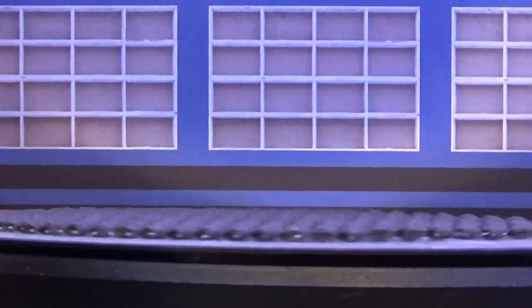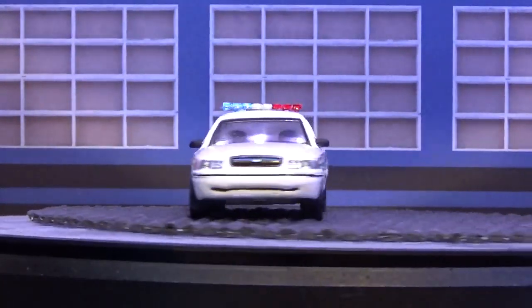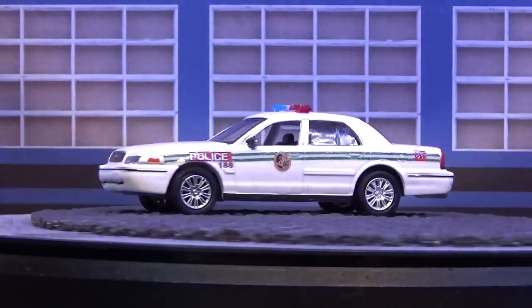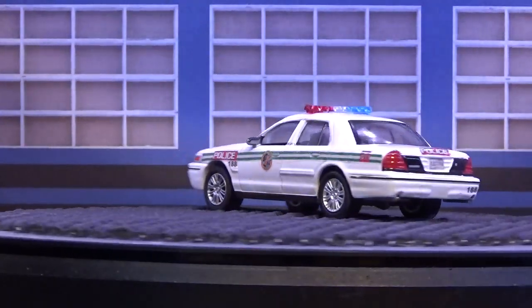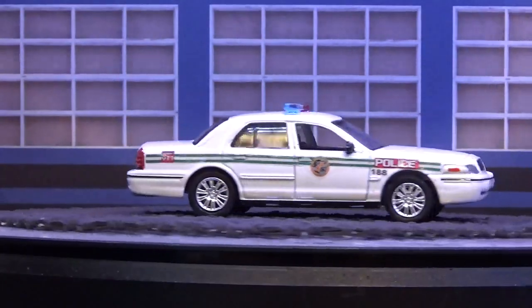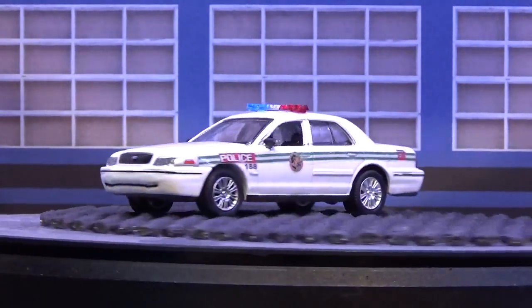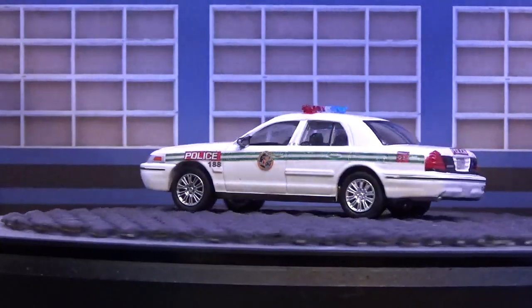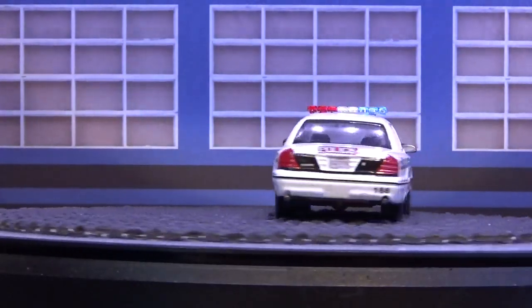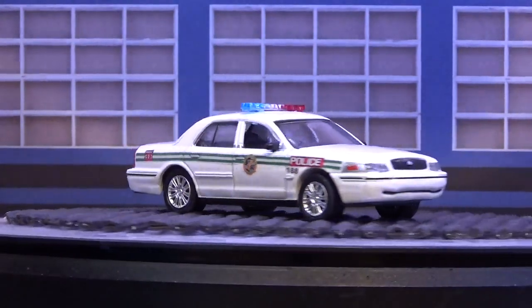Another vehicle we had to make happen was the Forest Acres Police Department. This is the Crown Victoria. Yes, we do customize Crown Victorias if the opportunity warrants itself. We don't get too many commission jobs to customize anything on a Crown Victoria green light casting, but we did here, and we were able to put in the previous design of the Forest Acres